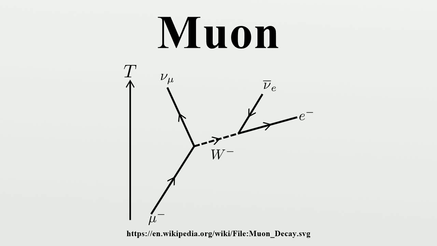The muon is an elementary particle similar to the electron, with electric charge of -1 and a spin of 1/2, but with a much greater mass. It is classified as a lepton, together with the electron, the tau, and the 3 neutrinos. As is the case with other leptons, the muon is not believed to have any substructure, that is, it is not thought to be composed of any simpler particles.